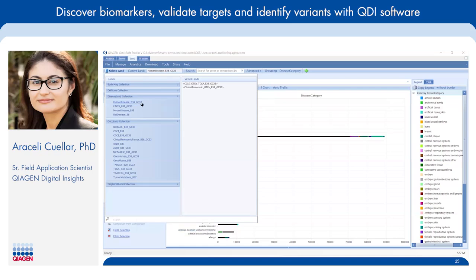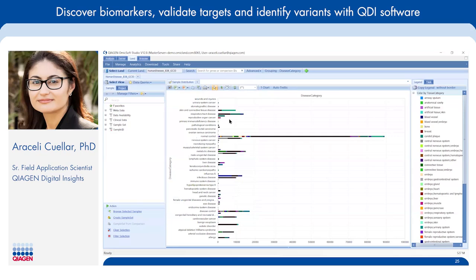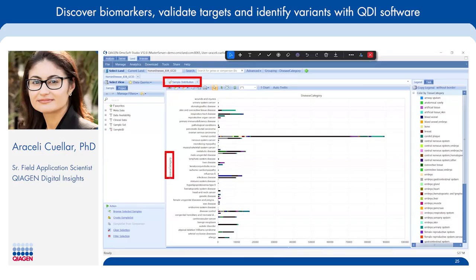And so today, you're going to be focusing on human disease. So you can just simply click on the hyperlink, and it's going to open up this page that you see here. So when you open up human disease, the default view is the sample distribution view, where you have disease categories on the y-axis and then the number of samples on the